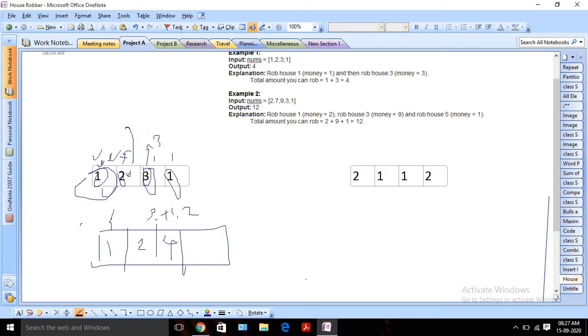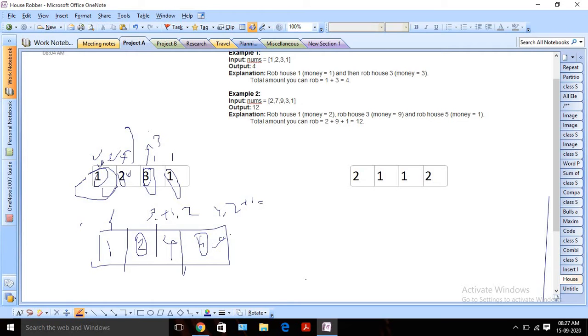Now move forward to the last day. The last day my earning will be 1 if I rob that house. Again I have two options. I can skip, keeping my earlier value of 4, which means I will not rob this house. Or else I can rob this house and consider the value two positions back, which was 2. So 2 plus 1 will be 3. Out of this, 4 is larger, so we will consider 4 and return it. In this approach we can solve it.